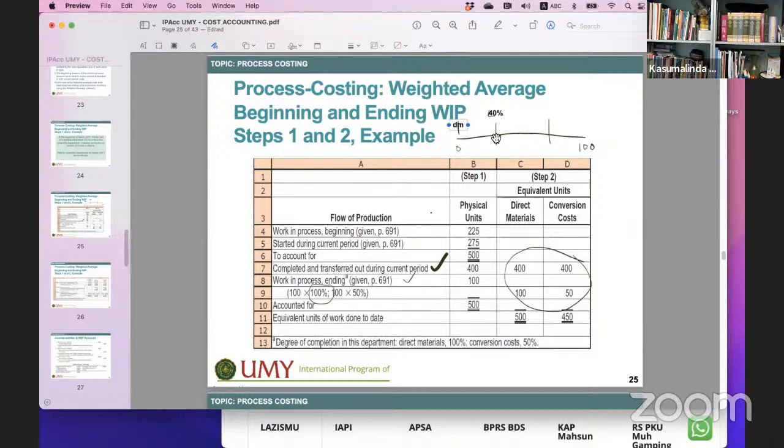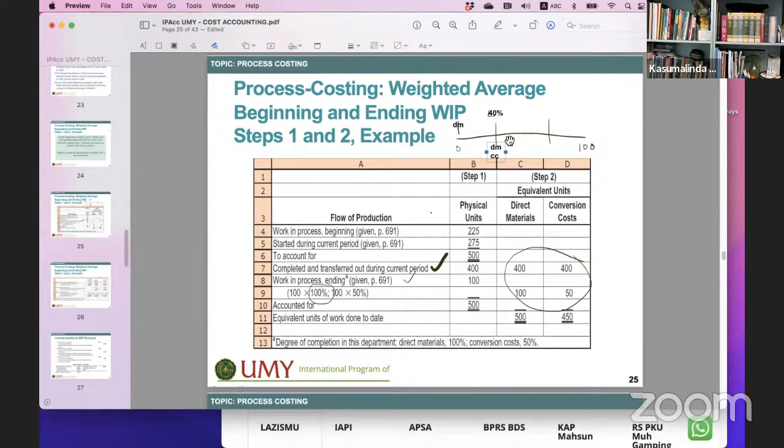Usually at the end of the month we need to do a production report. So at the end of the month, when the process is at the level of 40% complete, we have the direct material and the conversion cost. I need to write here the direct material and also conversion cost. So when it stops here, at this point we have the direct material cost and we also have the